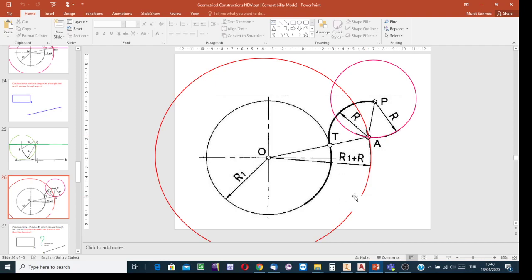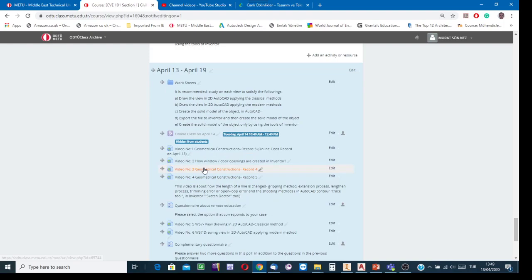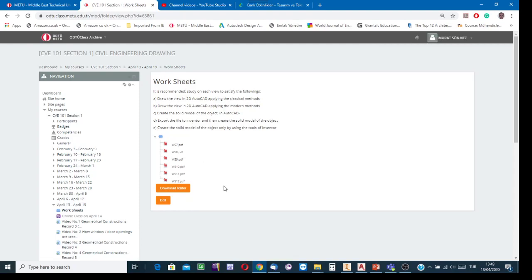In Metu class, in the content of this week, you can find the already recorded audio-visual video films. Some of them are on the theory, problems and their solution methods. The others just illustrate the things to do in the CAD environment. Here is the other one, the worksheets folder. Open the worksheets folder by clicking on this hyperlink, and then from the listed worksheets,